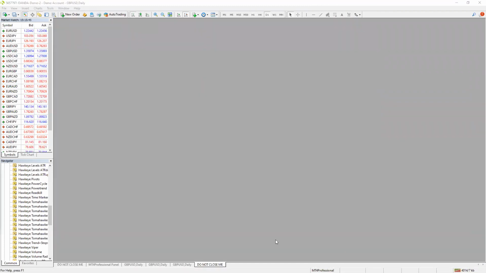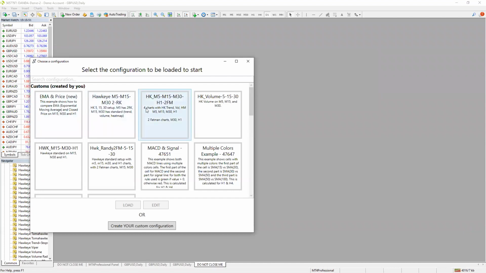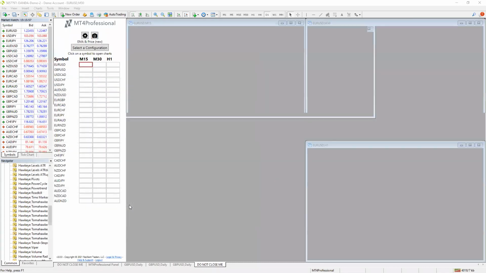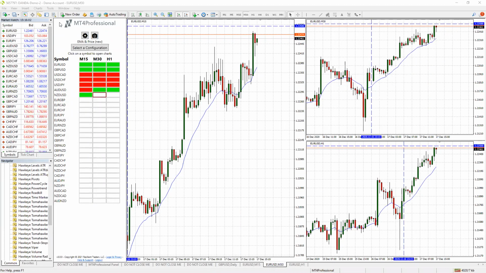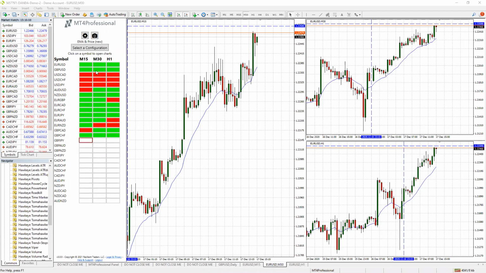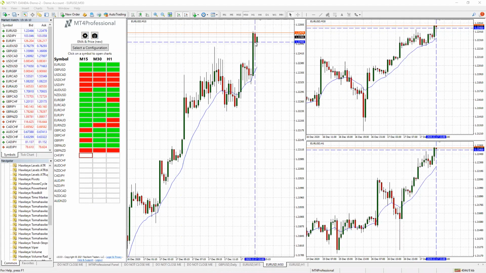So one of the biggest changes that you can see right now is that MT4Professional comes up with a configuration, a setup to be loaded. So I will go up and start with a new configuration, and I did the EMA and price. So it automatically launches for you the MT4Professional symbol list and scanner that automatically scans for a condition that we call